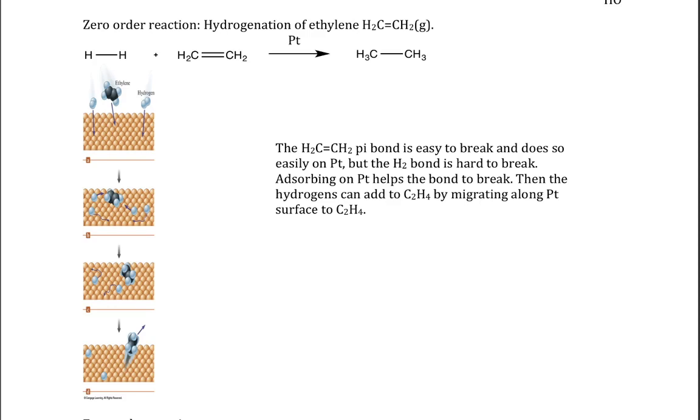So the reactant's pi bond is fairly easy to break. Pi bonds are kind of sticking out. Remember, they're bonding above and below the internuclear axis, and they're somewhat easy to break. But the H2 bond, being a sigma bond, is harder to break. So that reaction, without the presence of the catalyst, which is a piece of platinum that's represented in the diagram